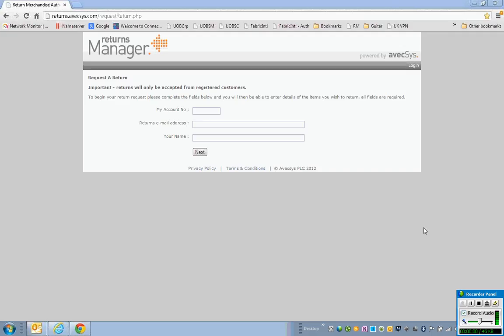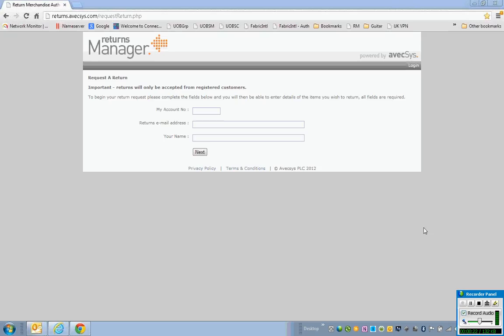Hi, I'm James Leo, and I'm going to give you a demo of ReturnsManager, which is used by customers to return products they have purchased from the seller of the product. This could be because of various reasons. Perhaps the product isn't what they wanted, it gets damaged in transit, or it breaks sometime later, either within or